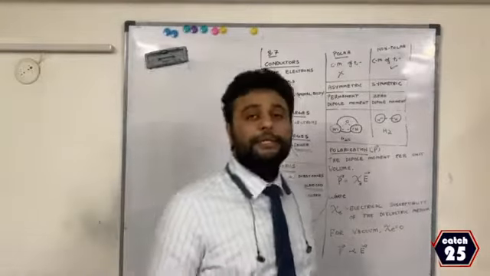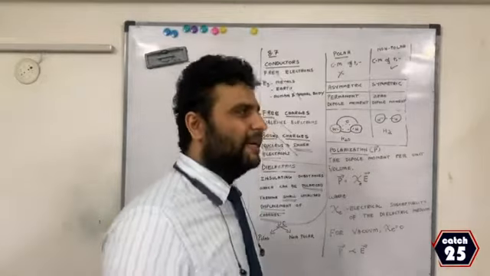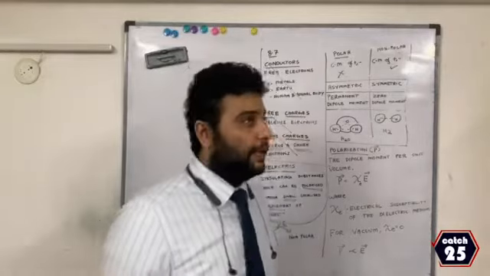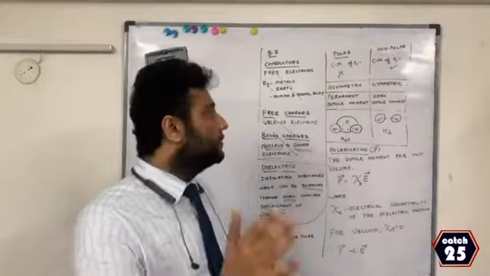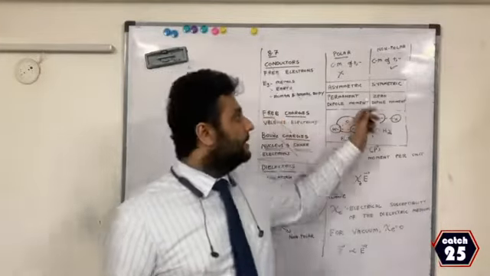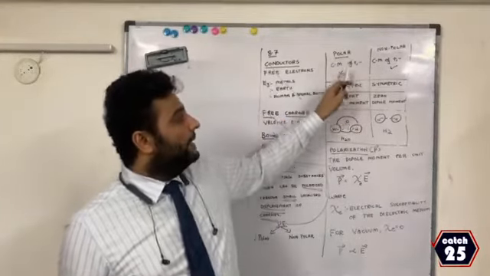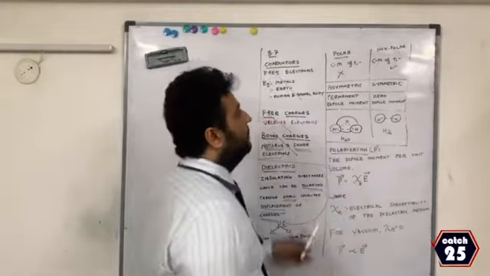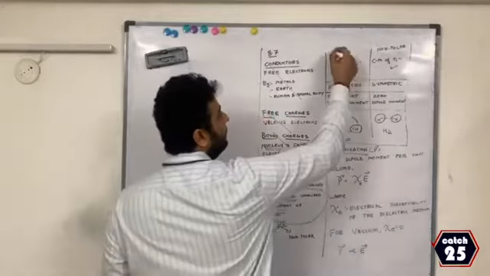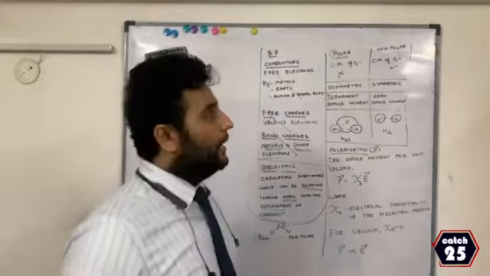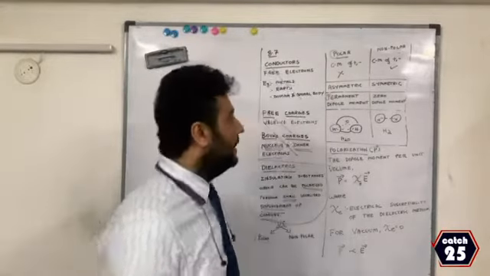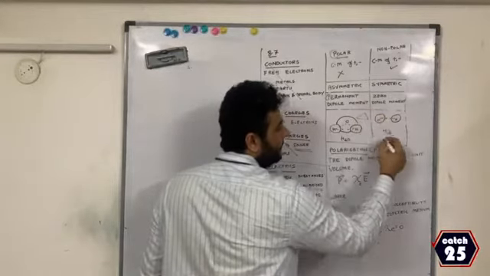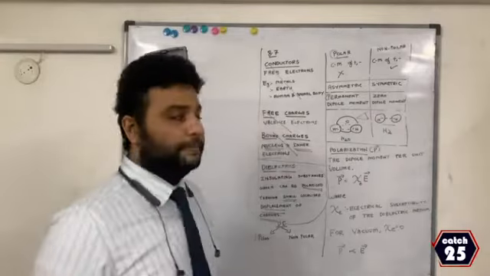So if you notice, it is a very simple and very common question for 2 marks, and nowadays with the new paper pattern, it can come for 1 mark. What is the main difference between polar and non-polar? The main difference is this one: the center of mass does not coincide in polar, and coincides in non-polar. Polar molecules you can also write as asymmetric, and non-polar as symmetric. And which kind of molecules have a permanent dipole moment? Polar. You can remember P for polar, P for permanent. And non-polar has zero dipole moment. An example is H2. See, for H2O they do not coincide. See the shape, you get a bent structure. Here you get a straight structure.